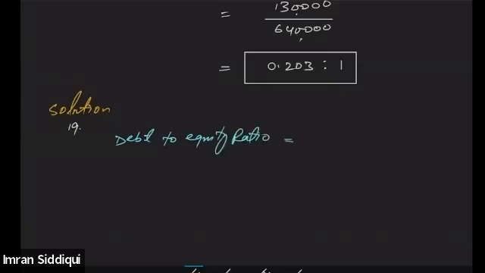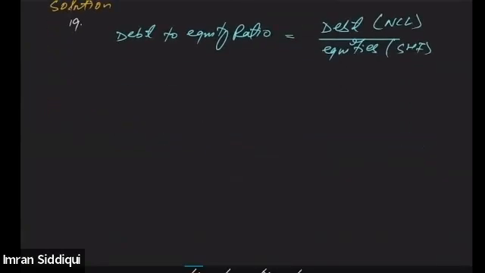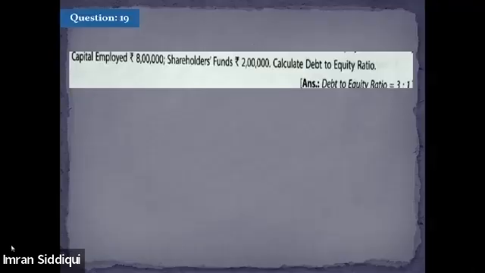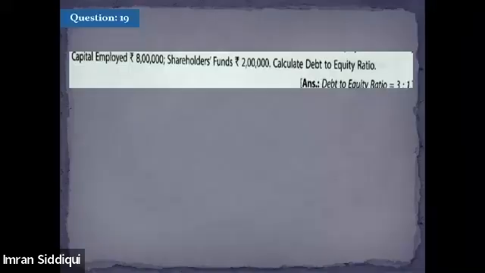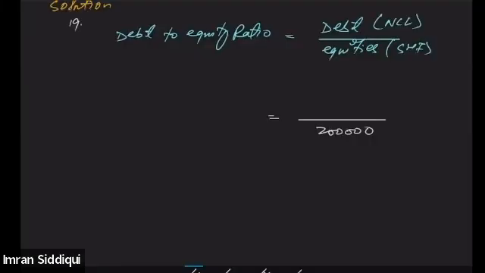Debt to equity ratio equals total debt, that means non-current liabilities, divided by equity, that means shareholders fund. Now see, in the question, shareholder fund is directly given as 2 lakh, but the debt is not there in the question. To find out the debt, what we'll do,